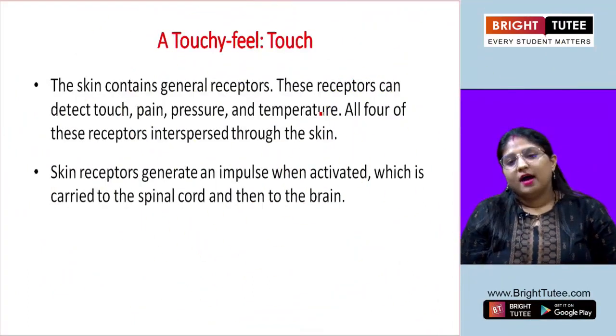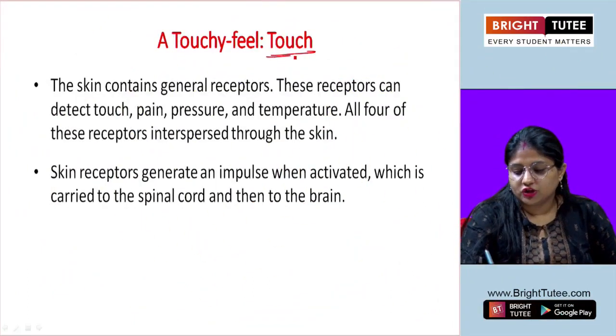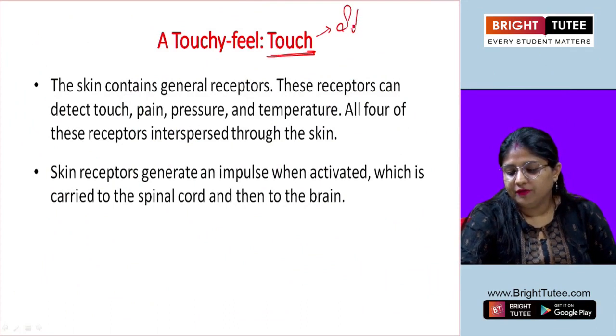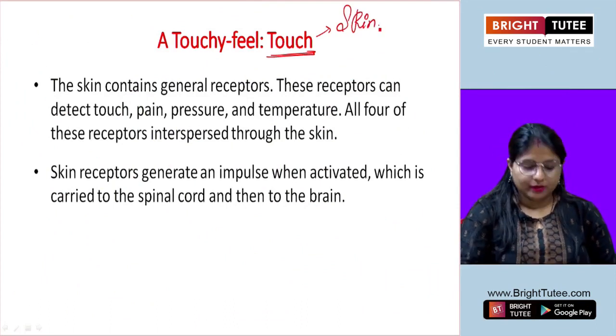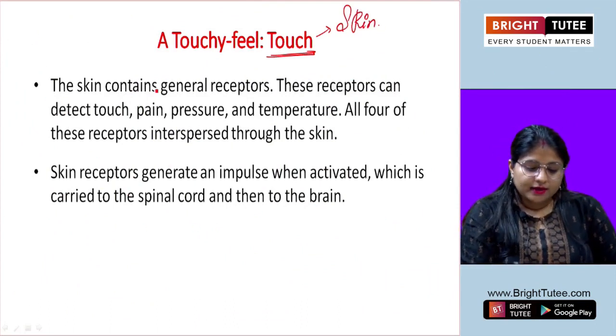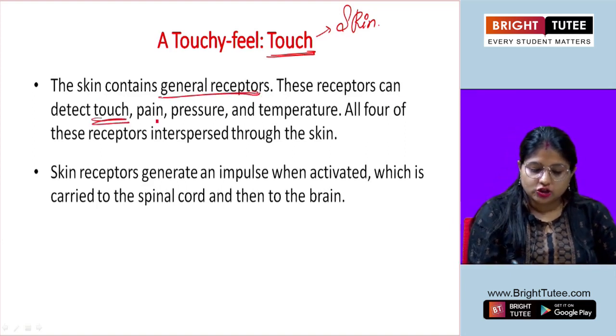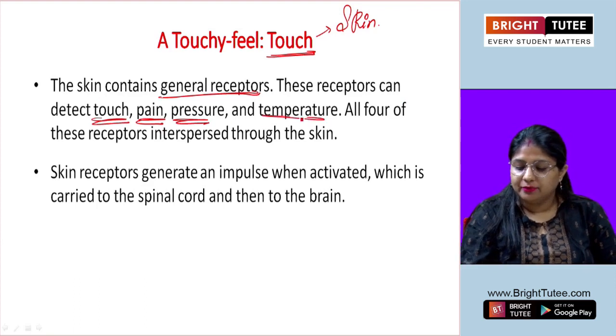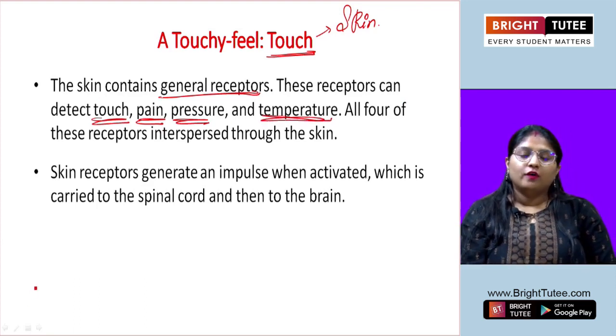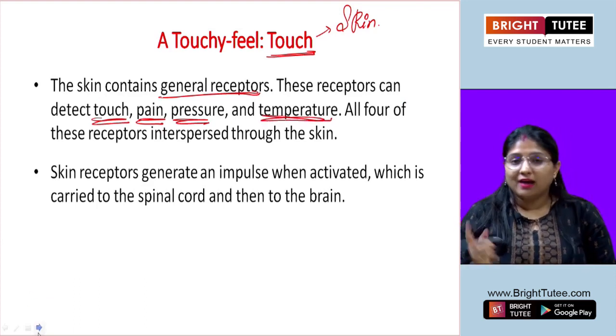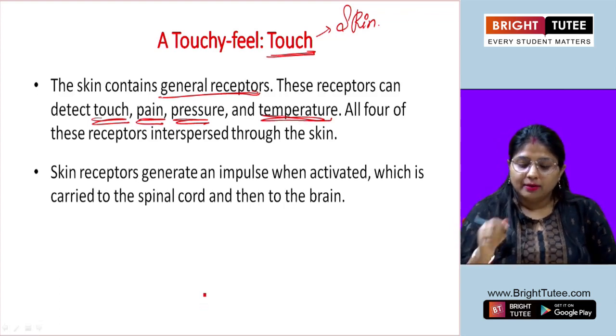That is touchy-feely, that is touch, and this touch is perceived by the skin, right? The skin contains general receptors. These receptors can detect touch, pain, pressure and temperature. In the nose we saw that there were chemoreceptors, in the tongue we saw there were chemoreceptors, but in the skin,